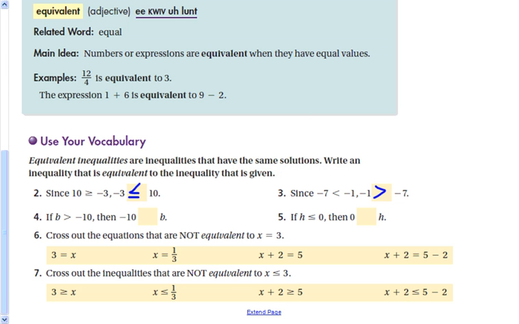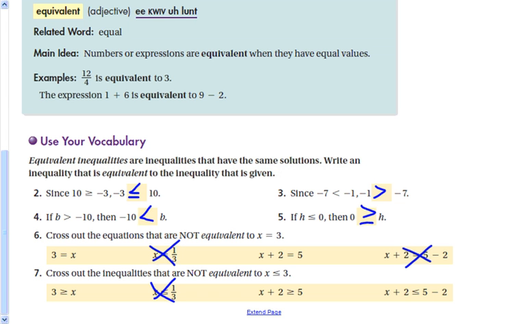If b is greater than -10, then -10 is less than b. If h is less than or equal to 0, then 0 is greater than or equal to h. The equations that are not equivalent to x equals 3 are x equals 1/3 and x plus 2 is equal to 5 minus 2. The inequalities that are not equivalent to x is less than or equal to 3